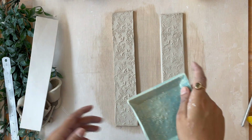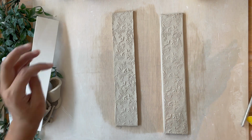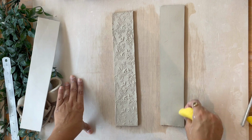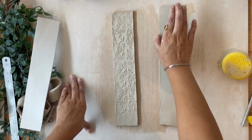Also, I enjoy the process of cleaning the edges. So again, it's a very personal choice. If you like those edges, those square edges, it's perfectly all right. Nothing wrong with it, okay? Again, I'm going to do the same on this side as well. Lift and